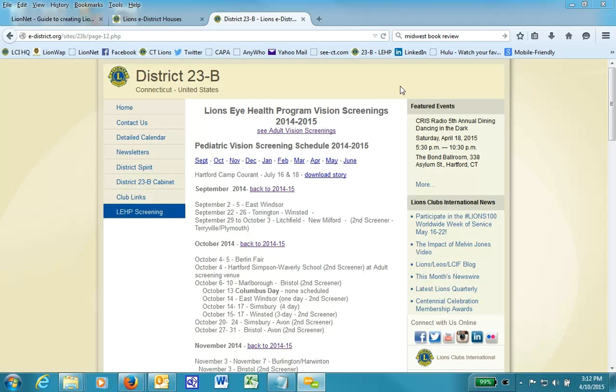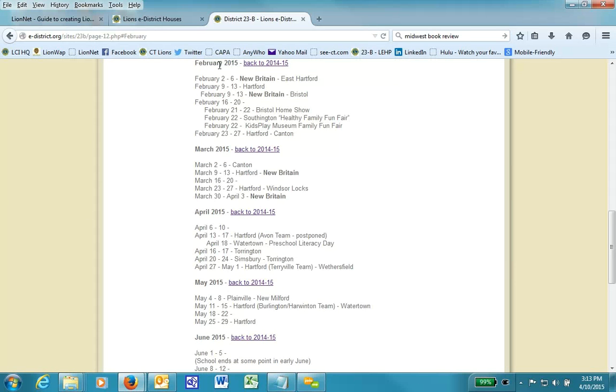We're going to learn how to make links and anchors inside a single page so that we can navigate through many pages of information that appears just on a single page. What you see on the screen now is an example of that. Here I have a schedule of activities of clubs within my own district, District 23B, Connecticut. If I go to this page, I can click on, let's say, February, and it scrolls down to this anchor